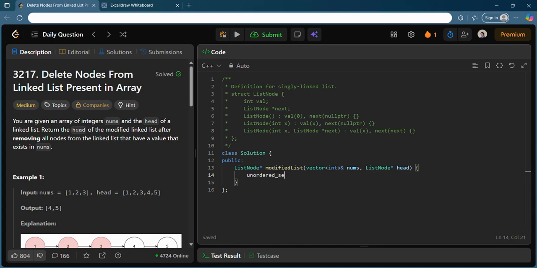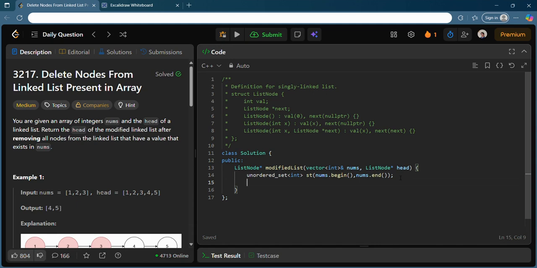Okay. And you can use a normal set also, no problem with that. I will name it set. If you don't know, I can just do something like nums.begin and nums.end. This automatically does an iterator. So it automatically iterates all of the values in nums and puts them in the set. So we are having the unordered set right now, which consists of unique values and supports an O(1) lookup complexity. Okay, so what else can we do?